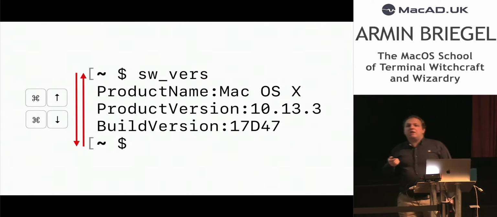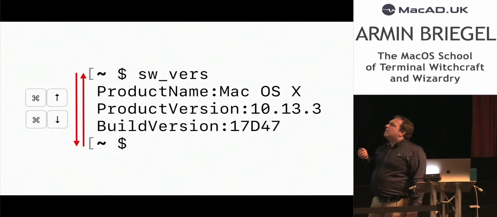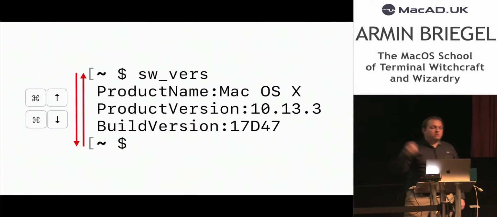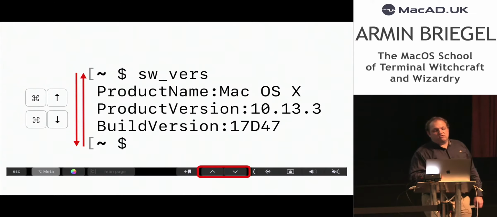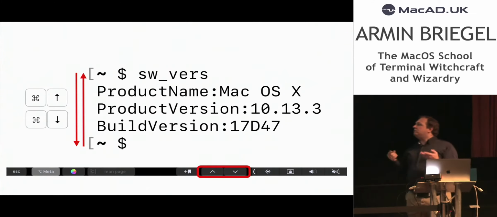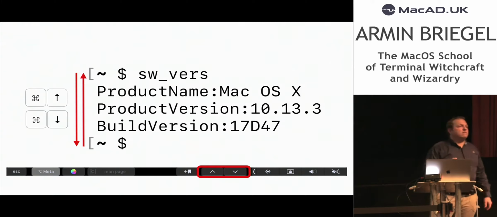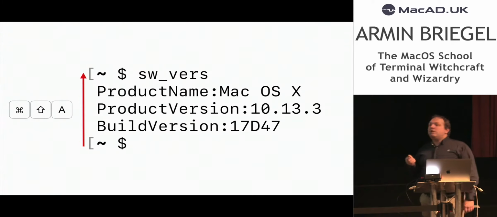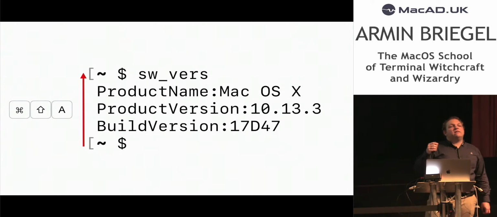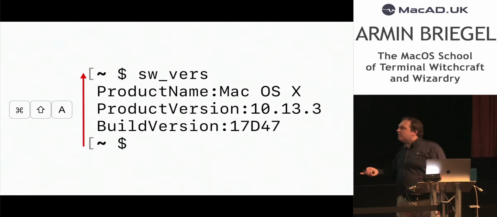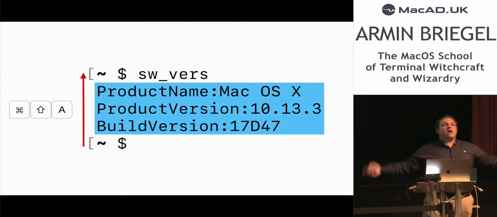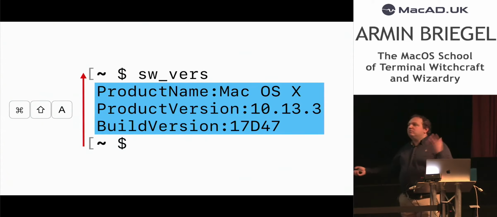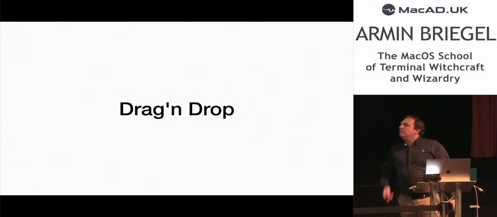You can manually set marks, but I rarely do that. I like the automatic ones. And then again, command up jumps to the previous command. Command down jumps to the following one. And if you have a touch bar MacBook Pro, you can see these weird up and down symbols. They are actually the same as command up and command down. Once I realized what they were, that's actually kind of useful. There is a sibling command to this, Shift Command A, which will select the output up to the previous mark. Or in other words, it will select all the output from the previous command, which is also very useful, something you probably want for some commands.